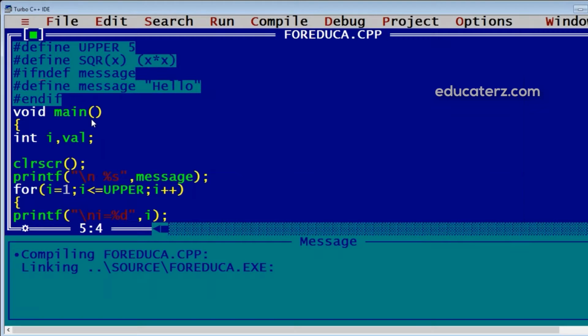It means we are saying if message is not defined, then define it, and then endif. So this way we can use this directive.